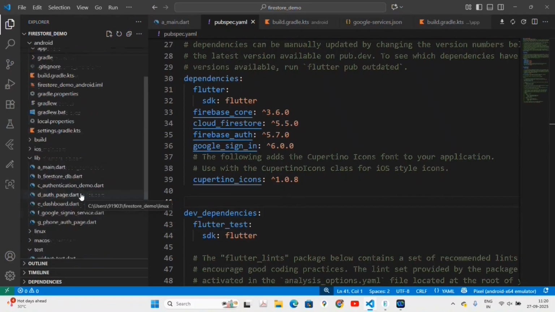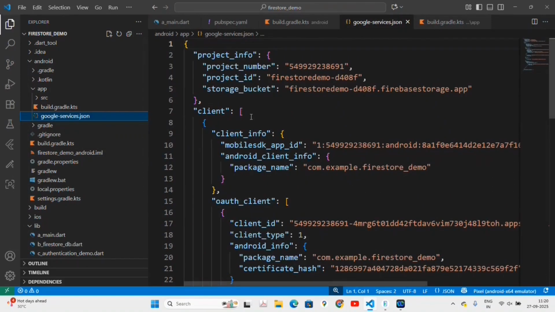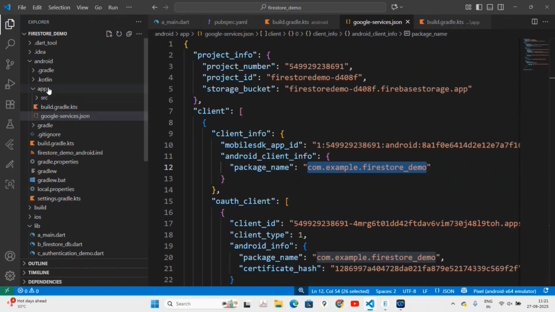The second thing we have learned is that you have to put this google-services.json file, which is downloaded while setting up your Firebase project, inside this folder. Now remember, the package name must match everywhere. You don't need to do anything inside this file because it is automatically created. You have to just place it inside the app folder inside Android. Two files in which we need to make changes are your project level build.gradle file